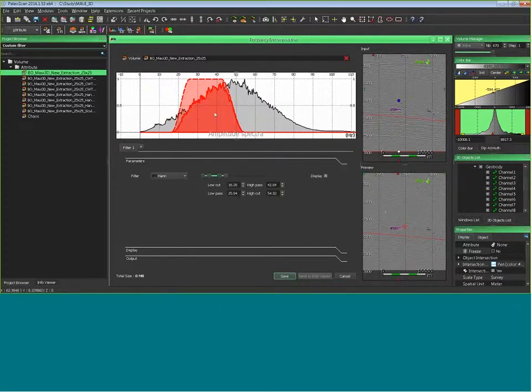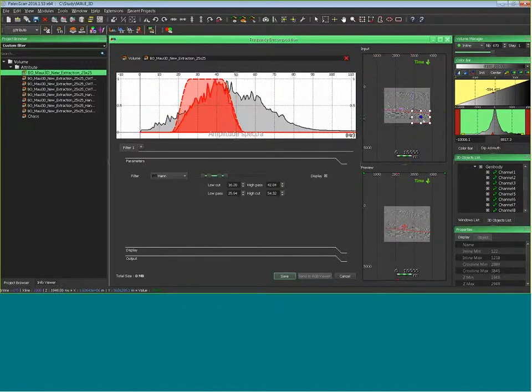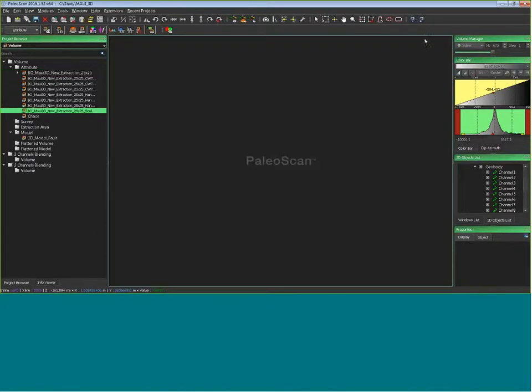And like this, you can create several filters. Just one point, on the new one, you have this area of interest selection, and you can select an area, and PaleoScan computes directly on the fly the new amplitude spectrum and updates it on this area. This is for the current release of PaleoScan.